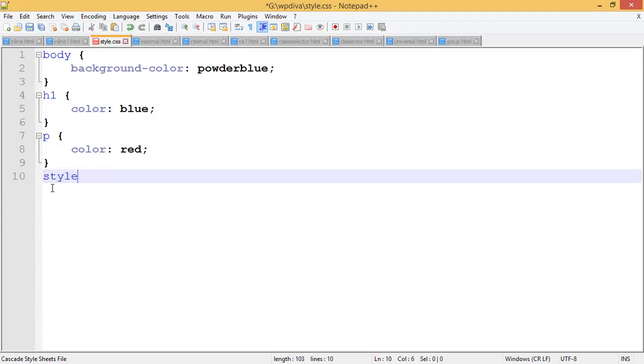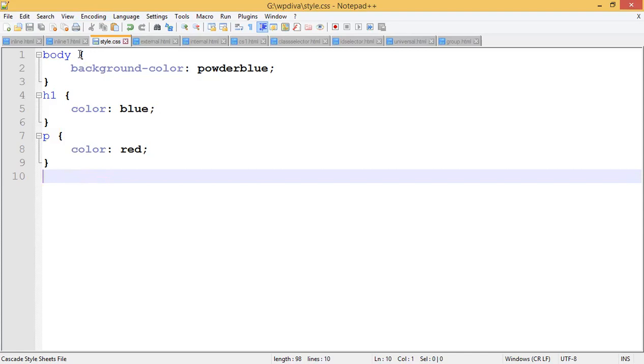Okay. After saving the file as style.css, make a note, compulsorily you have to save it as a .css only. Otherwise, the code will not get executed. Okay. So in that, where do you want to apply the properties, to which tag you want to apply that set of properties? I want to apply the set of properties to the body tag. So whenever a body tag appears in the HTML code, I want this set of properties to get applied to the body tag. So that is the reason.